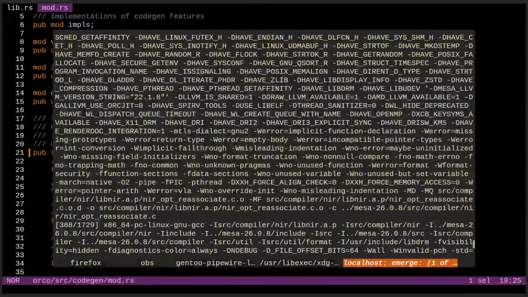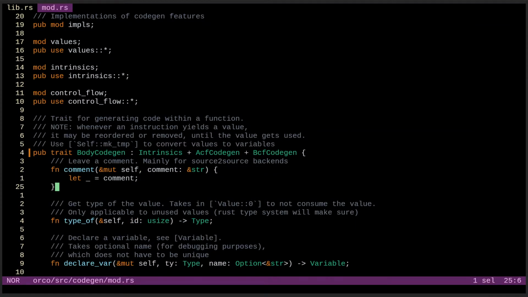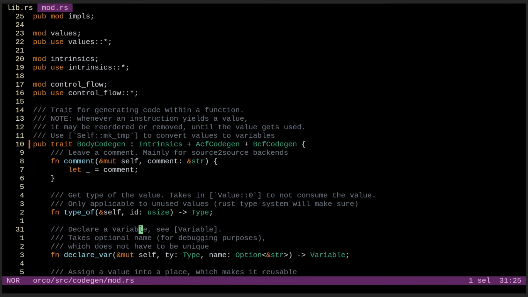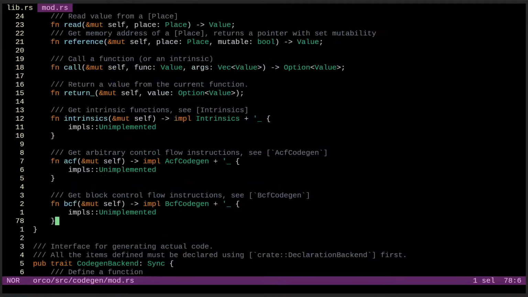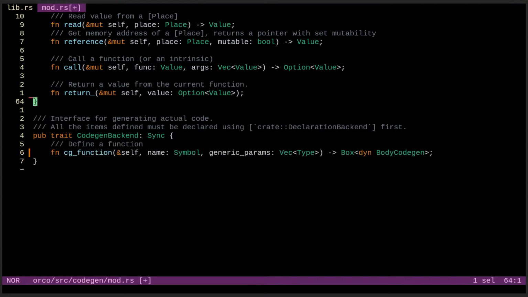Where are we? 365. Ooh, that's pretty quick. But it's still, what, a quarter of the way? So about 70% left. Maybe 60, 65. Yeah, 70 probably. Anyway, so body code now requires those implemented. So instead we'll do this.